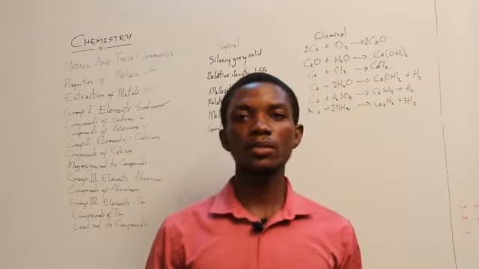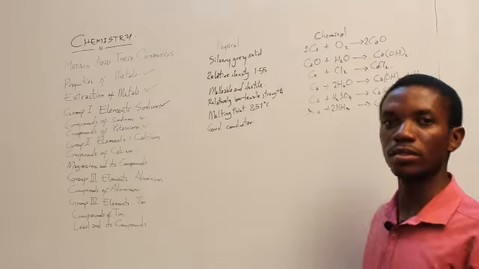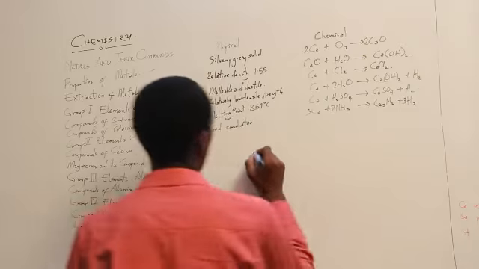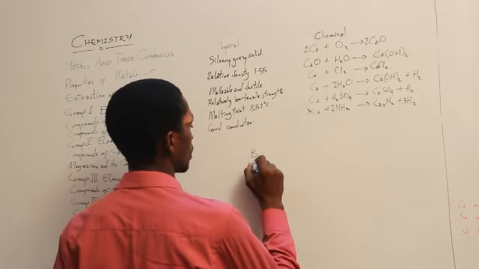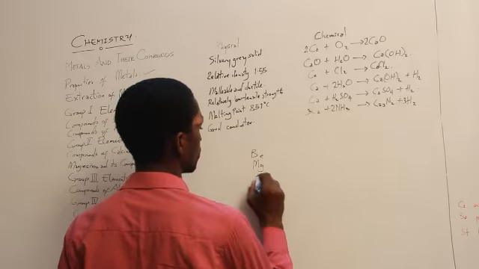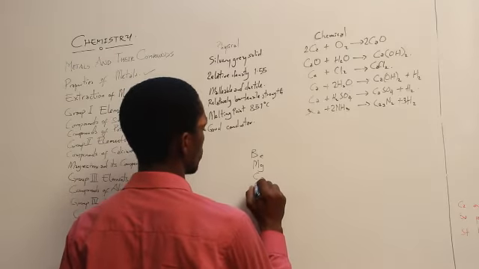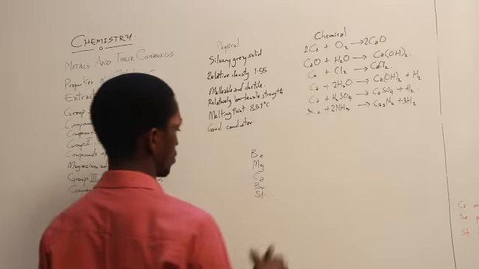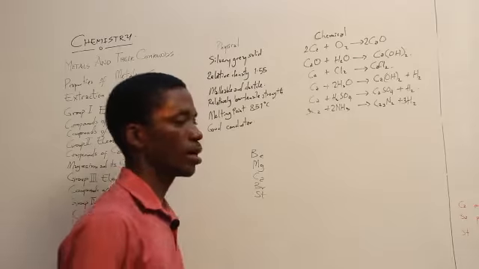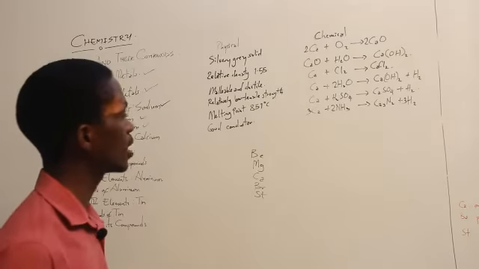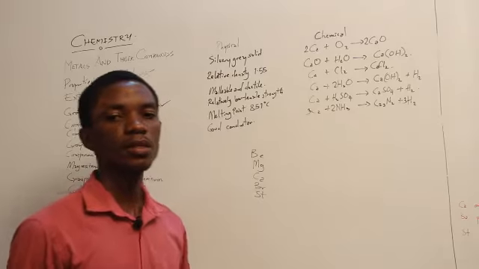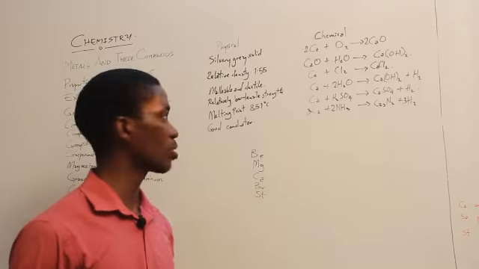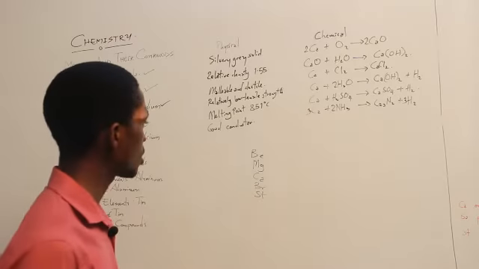Well, the group 2 elements are all metals. They're all metals that contain elements such as beryllium, magnesium, calcium, strontium, barium, like that. This particular group of elements are known as the alkaline earth metals. They all form basic oxides, and they have very interesting properties.